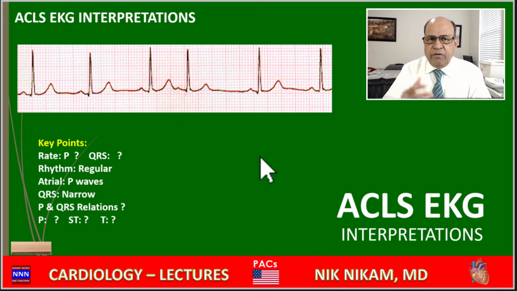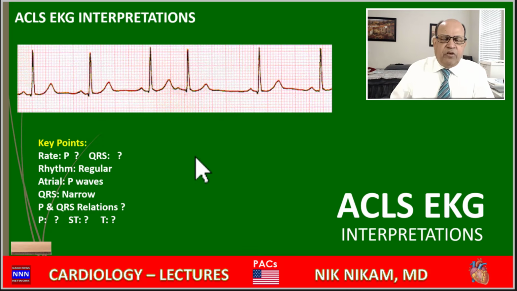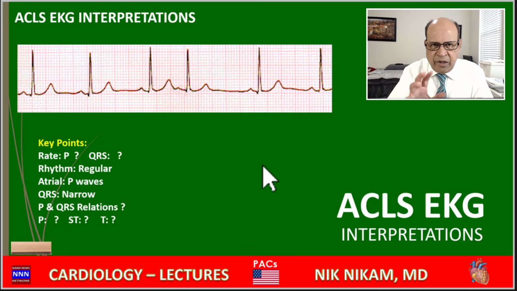So if we are dealing with, for example, a patient in the postoperative ward with frequent PACs, I would look for all the correctable causes like electrolyte imbalances, metabolic changes, so that we minimize the risk of the patient going into atrial fibrillation at a later time. And if you are seeing these PACs frequently following cardiac surgery, the chances are very high they could go into atrial fibrillation, and hence I used to put these patients on beta blockers. I'm talking about patients who had just returned from cardiac surgery who were showing frequent PACs.